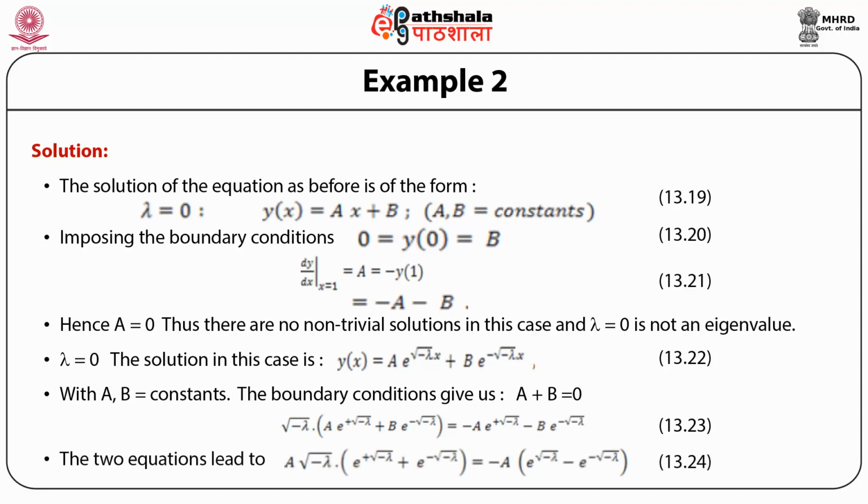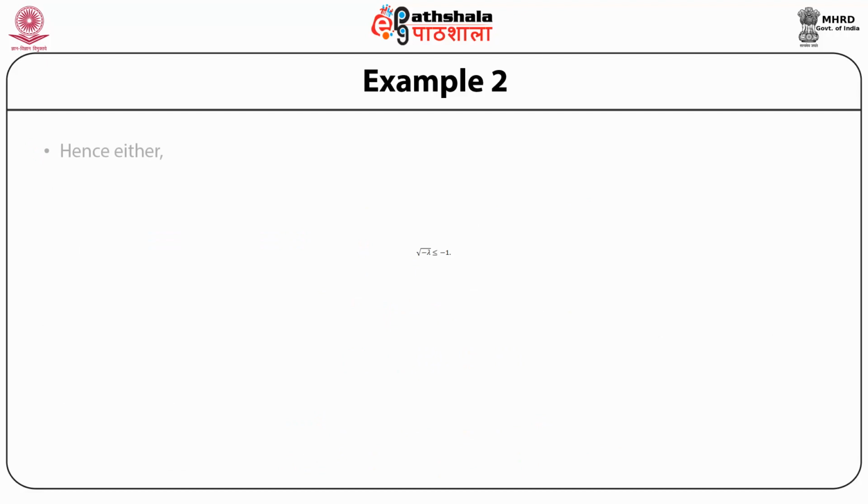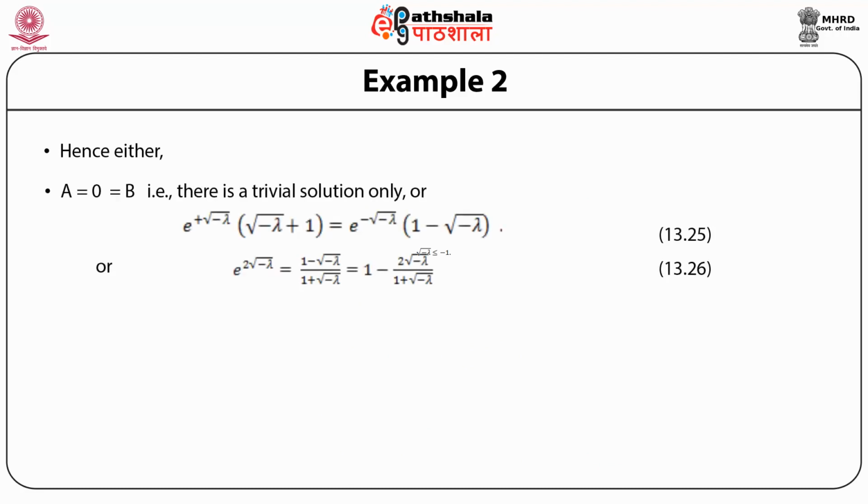These equations lead to a times minus lambda under root multiplied by exponential of root minus lambda plus exponential of minus root minus lambda, which is equal to minus a times exponential of root minus lambda minus exponential of minus root minus lambda. Hence, when we apply the boundary condition, it is very easy to see that either a is equal to 0 and b is equal to 0, in which case we have the only trivial solution, which is not of any interest,